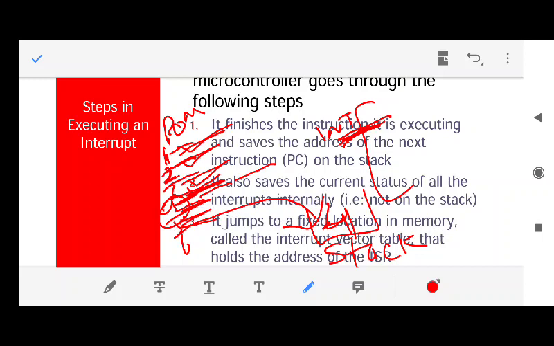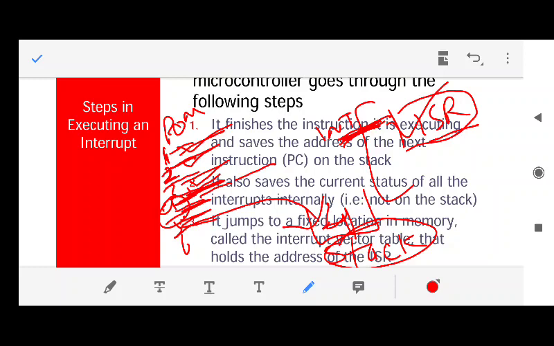Then it will start executing whatever interrupt service routine is related to this interrupt. What is an interrupt service routine? A program inside the memory. Inside the interrupt service routine, there would be a last line.